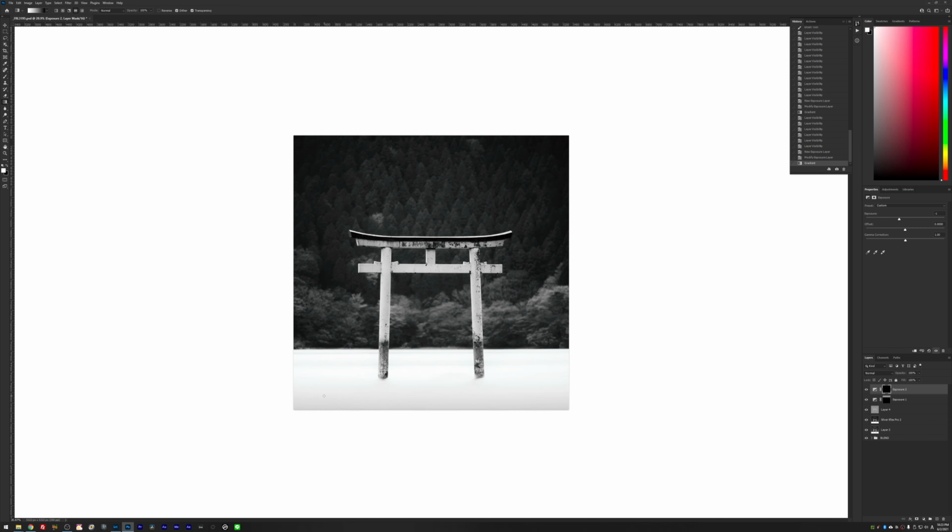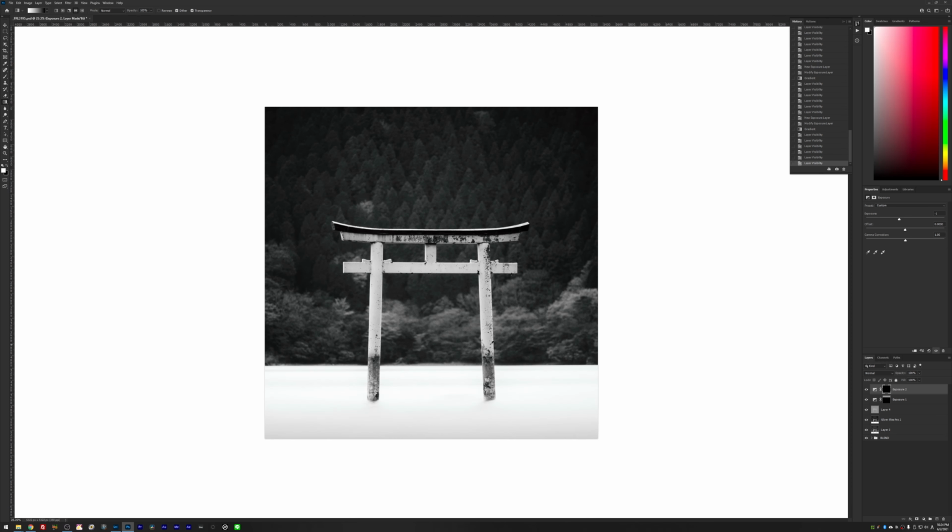And I really like how this gradient worked out here in the water. If you turn it on and off, as you see, it's really subtle, but again, it draws the eye to the main subject, which is of course the brightest part of the image now. It's brighter than the water itself, so your eye is always going to go to this gate here and not to the water. And that's it for this image.